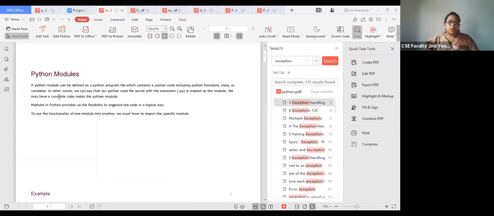So, what is a module? A module in Python provides us flexibility to organize the code in a logical way. Suppose in your program you have created a method. All of you have learned about functions in C, how you will create your user defined function. This is the same thing.